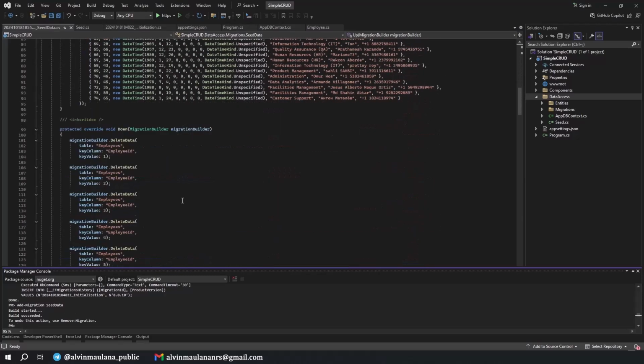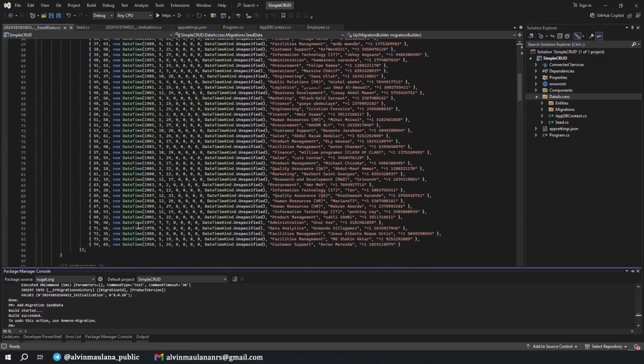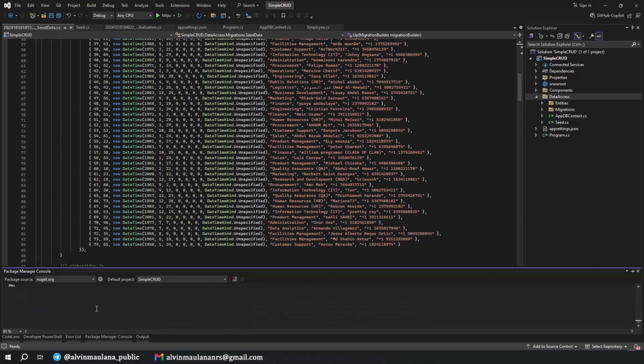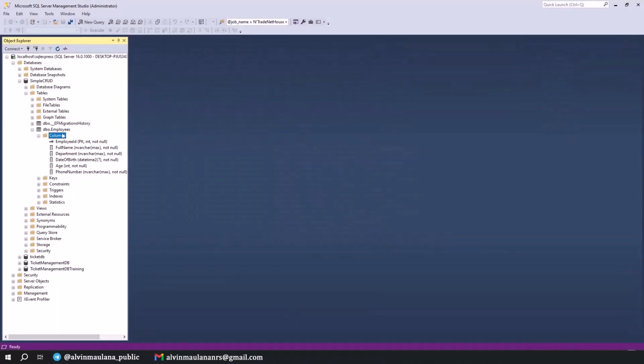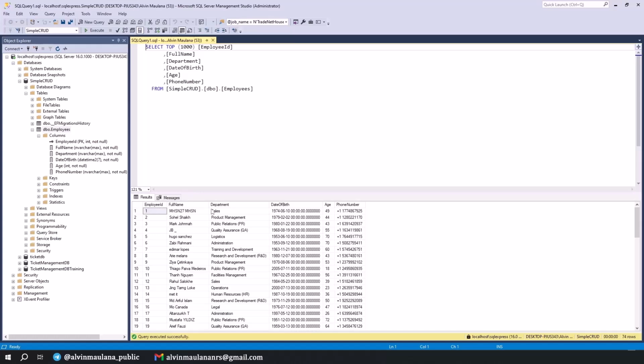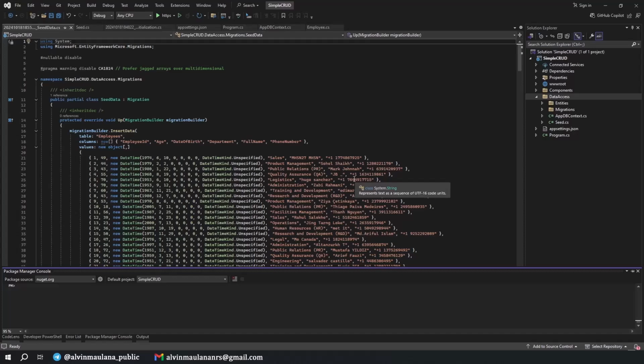This is all the seed we need to have. And then update database. Nice. There is no error. If we check in the database and I right click and select the data, now I can see the list of our employees. For this part of initialization, I think it's complete.